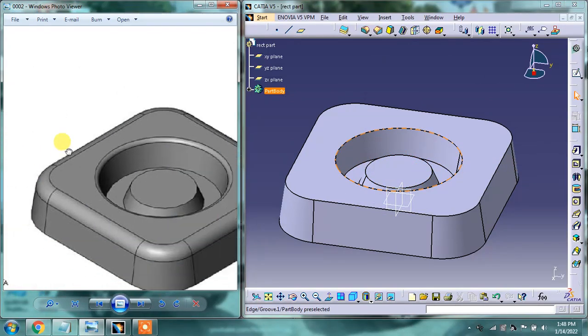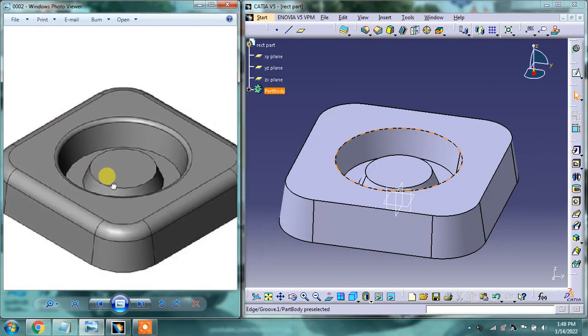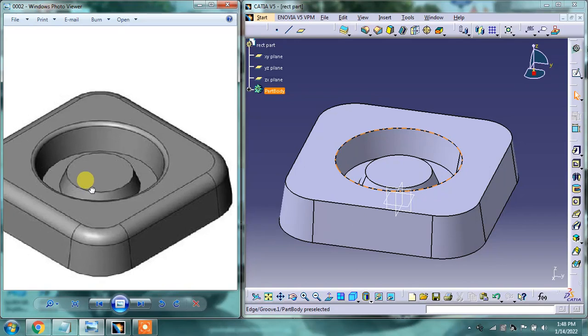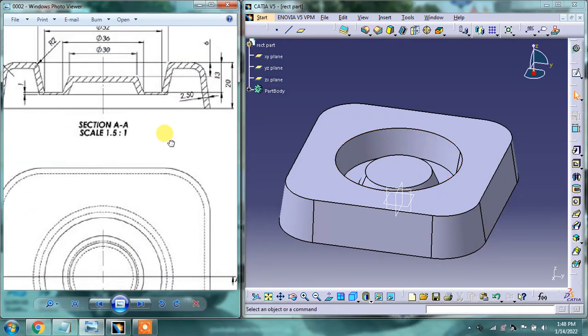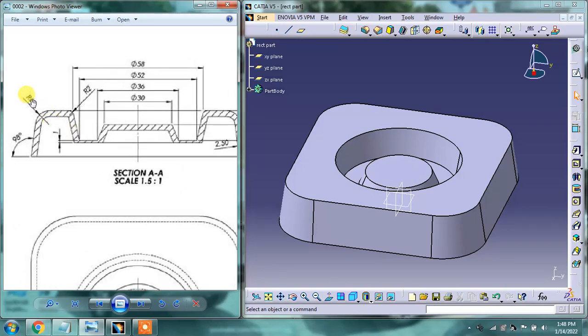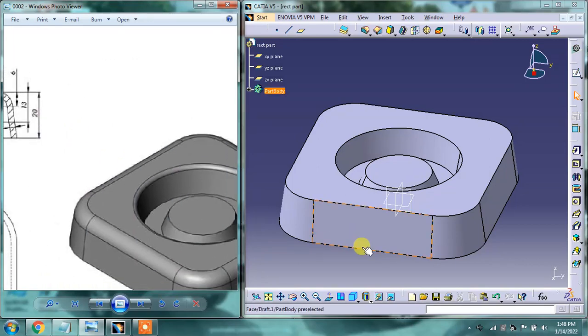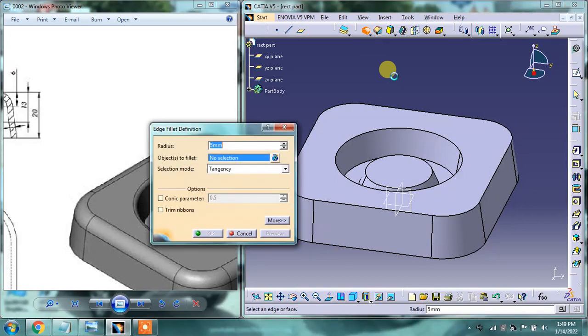Now let me check what other thing I have left. This fillet, and I don't think we have these fillet dimensions. Let me check. Okay, there we have a 6 mm fillet over there and a 2 mm fillet on the inside. So go to fillet, 6 mm, select this edge.